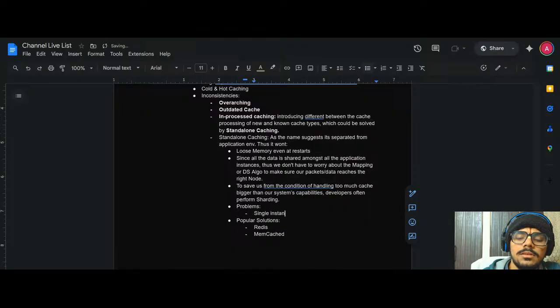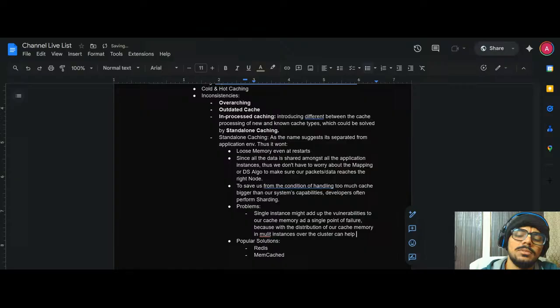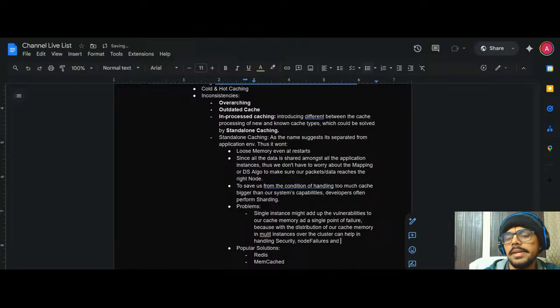A single instance might add vulnerabilities to our cache memory, and a single point of failure, because with the distribution of our cache memory, multiple instances over the cluster can help in handling security, node failures, and